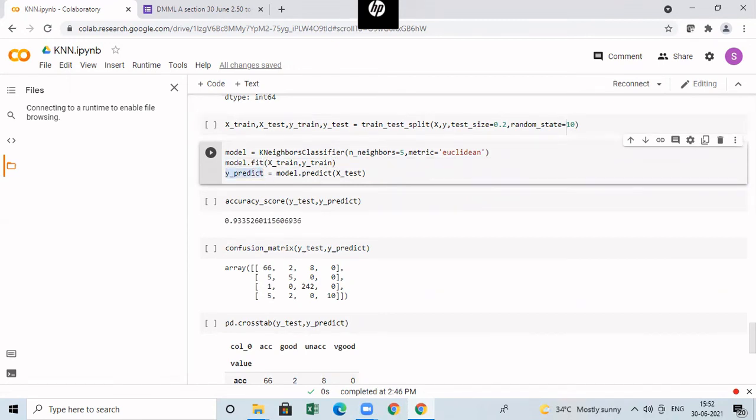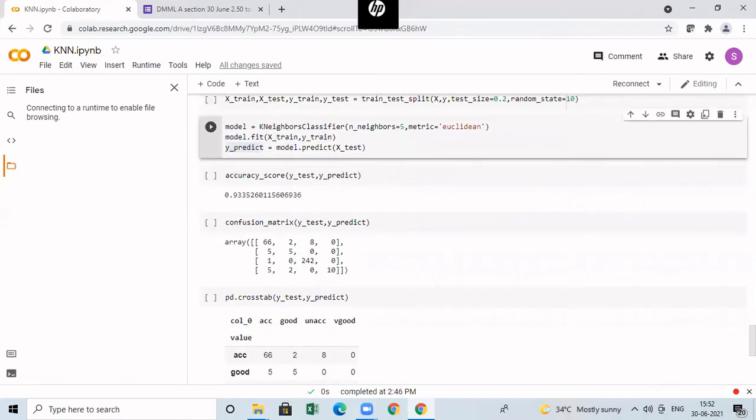After that, I need to find out what is the accuracy of this particular method. So I am calling accuracy_score. For this, we need to pass only the testing data set. You pass y_test. y_test is nothing but the actual label associated with the testing sample. And y_predict is the class label predicted by your classifier. Pass these two as the input to accuracy_score, and it will give you the accuracy. Here it is 93.3% accuracy.